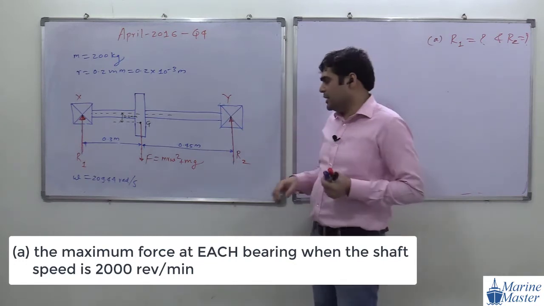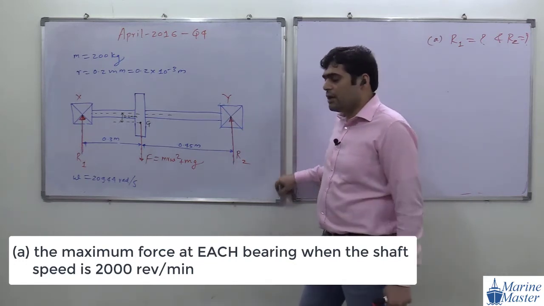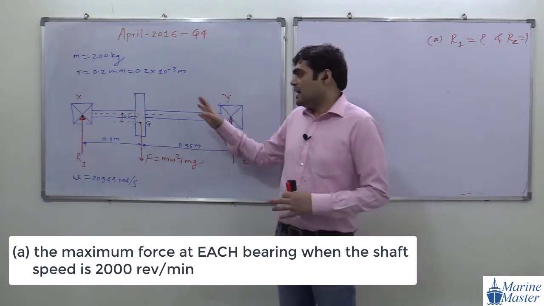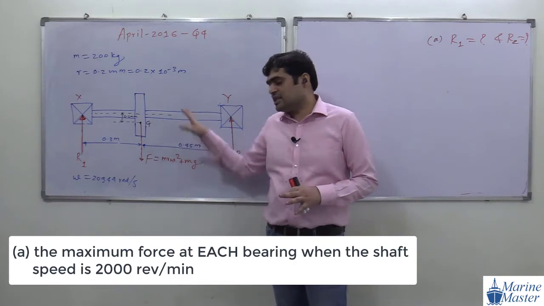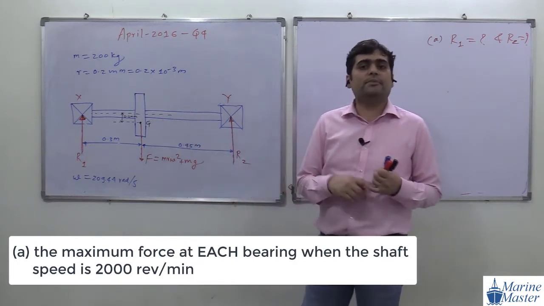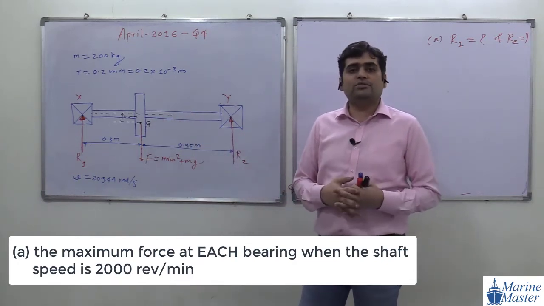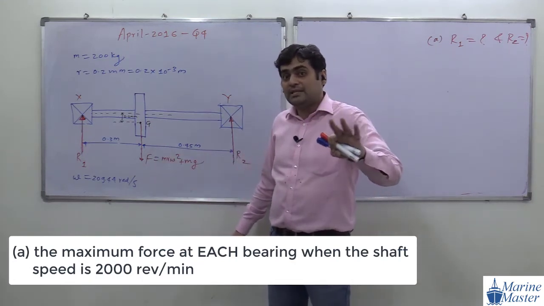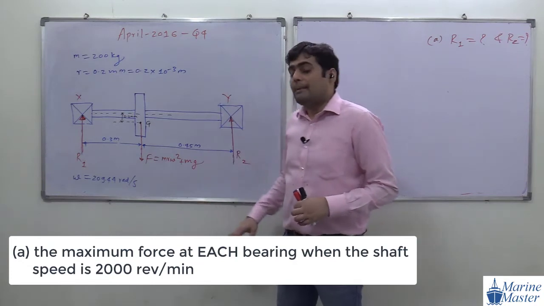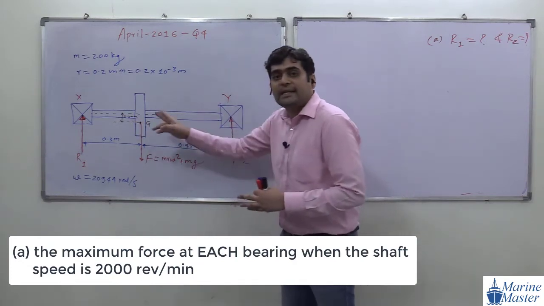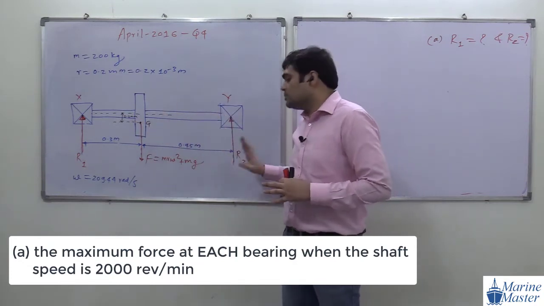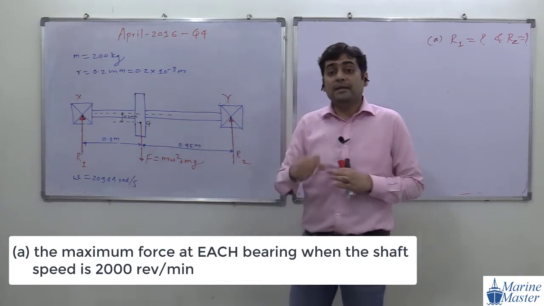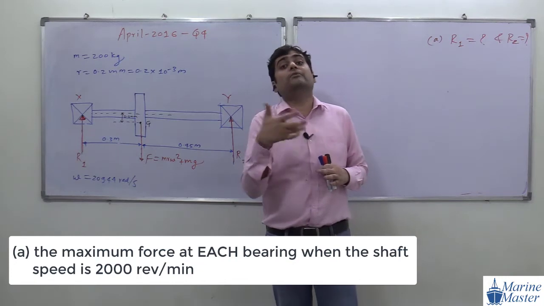Now try to see the scenario here. Our system is stable, means stationary. If any system is stationary, it means it is in equilibrium. Equilibrium means a state of balance. Here, only due to F, the system is not balanced. But due to F, reaction forces develop at X and Y, at bearings X and Y, R1 and R2. Then the system will become balanced, in equilibrium.